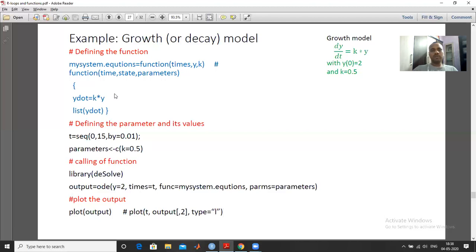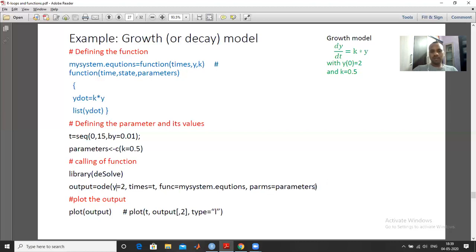So first of all, we will define the function. Actually, we focus on this. These functions require a special type of parameters, which I have already discussed. First, we focus on the output. Output is a variable, equal to this function ode. All the values which will be solved will be stored in this output variable. It is not necessary to give the name output. It depends upon you. You can put any name here, solution, output, or whatever is descriptive.